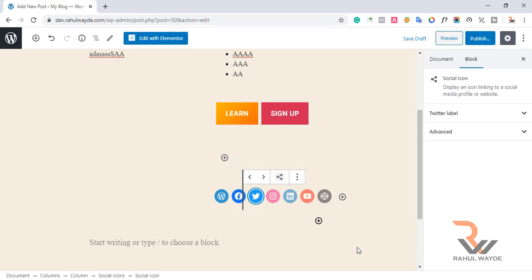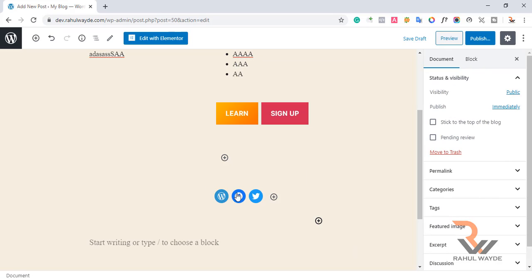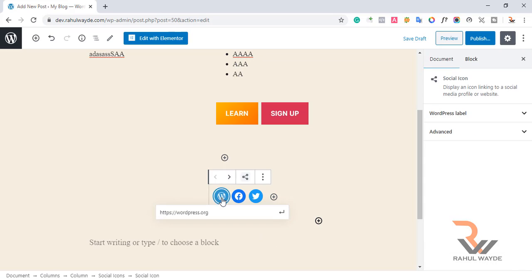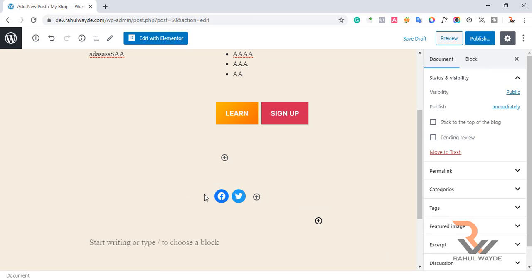I will click outside of this box now, and you will find we now have three social icons here. Now if you don't want this WordPress icon here, then just click on that and delete this URL from here, and then click outside of this block, and you will find we now have only two social icons. So now these social media icons will showcase all your social media links. So if you want to add your social media handle links in your pages, then you can easily add them by using only your Gutenberg editor.